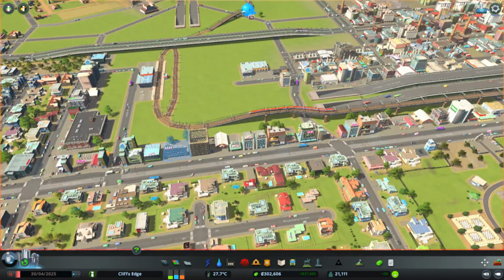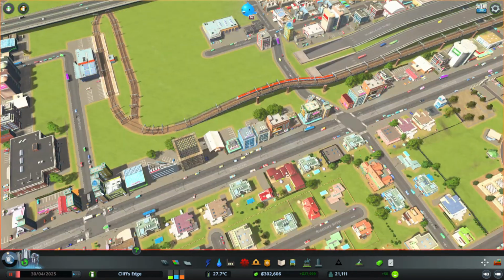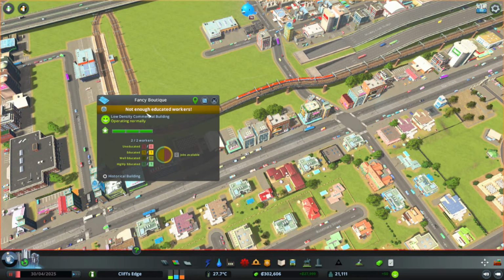You'll see different things like little warnings like this. This one is saying there's not enough educated workers. This is a commercial building, so this ties into you educating your population. It says not enough educated workers, so they're looking for a person who's highly educated. Highly educated would be somebody from the university. So if we can't find anybody, I think the solution here is to eventually build a university down in this